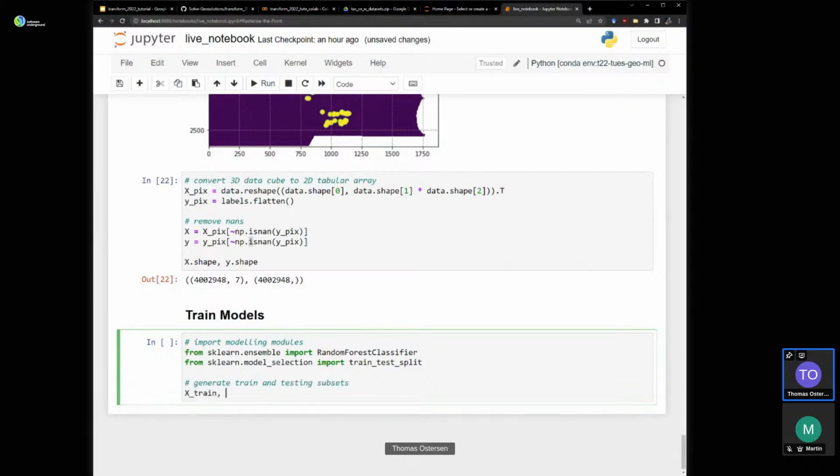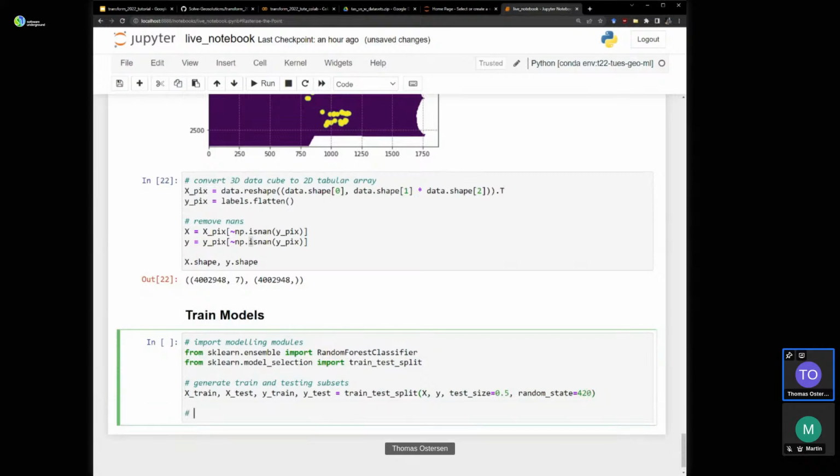So we'll go X train, X test, Y train, Y test equals train_test_split X, Y, test size 0.5, so we'll split it in half at random, random state 42.